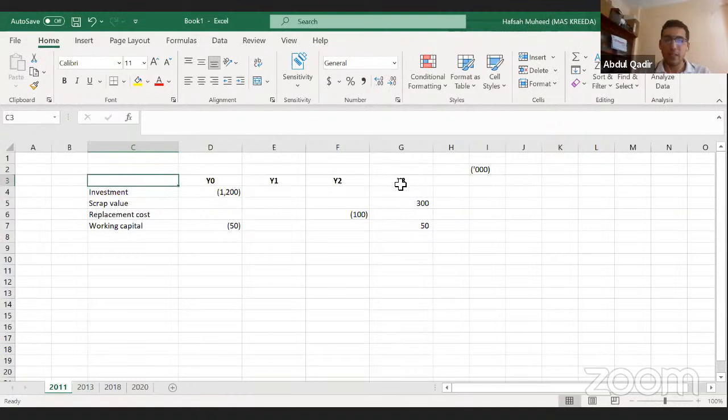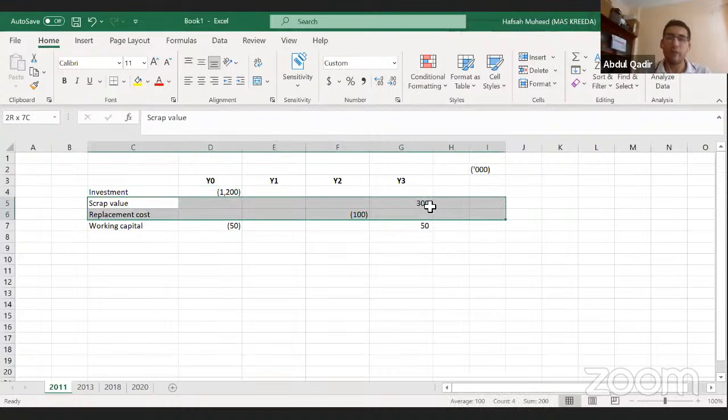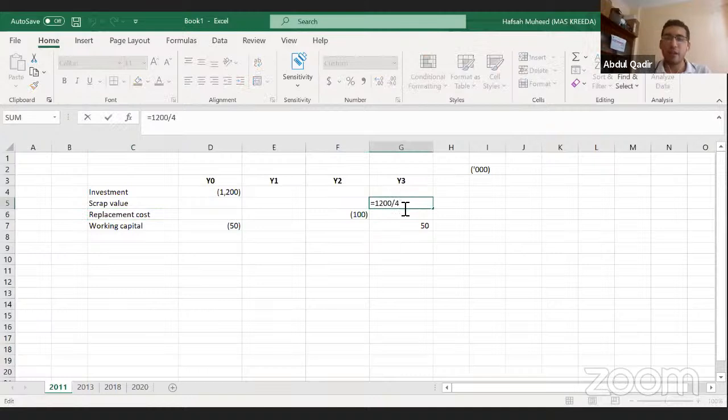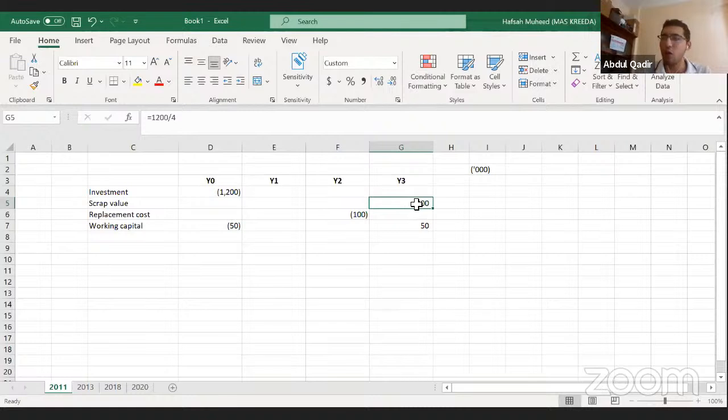So this is the format, year 0 to year 3. You will start putting the cash flows under each relevant year. Investment is minus 1.2 million, and scrap value is 300,000, which, if you see the formula here, is 1/4 of that value. Sometimes in panic mode in A levels, students might divide 1,200 by 3 because they think 4 into 3 is 1,200, and they might put 400 here. So be careful of these small errors. Replacement cost is minus 100 in year 2. Working capital goes out in year 0 and you can recover it in year 3.